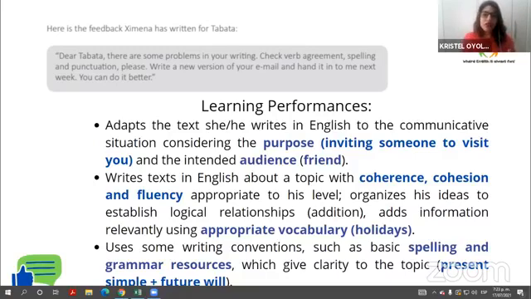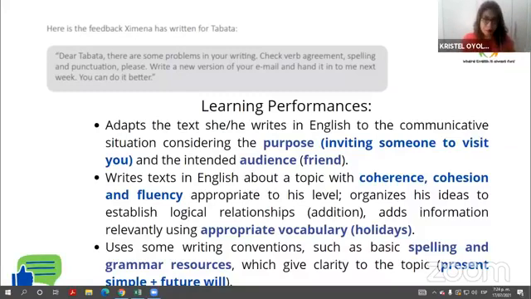We need to see the whole learning experience to identify those elements closely. Then the grammar conventions, the spelling, is this right? Remember, spelling and grammar need to be focused on the purpose. If your purpose in that learning experience is for students to learn present simple and the student has used past simple, it doesn't matter. So that is why I am not sure about the final evaluation for Tabata. Remember, we need to understand the whole learning experience to see what is the target grammar, what is the target vocabulary. We don't have that information in here. So we need to understand the whole thing to really design this instrument, which will help us to evaluate